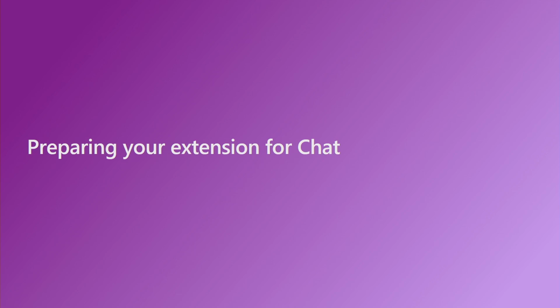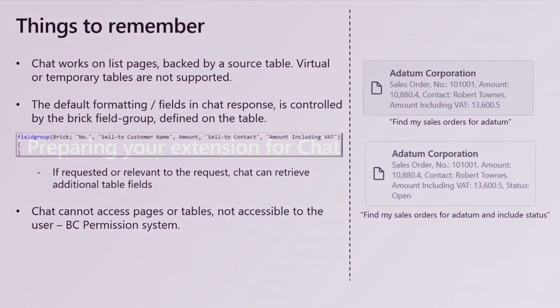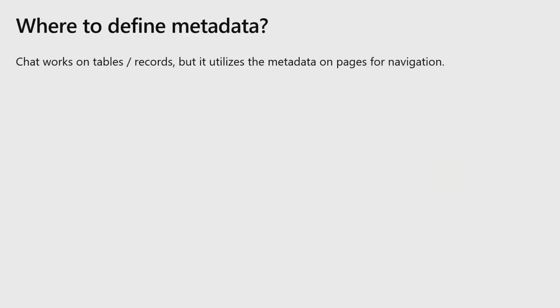So the first one being that chat works on list pages that are backed by a source table. It doesn't work, say, on temporary tables or virtual tables. So your page does need to have a proper normal table, right? At the same time, the response format that you see from chat